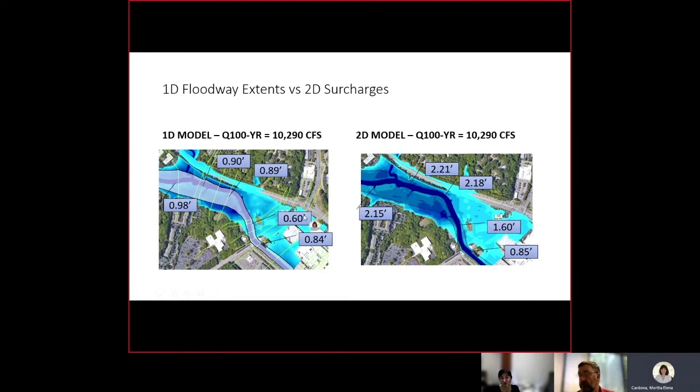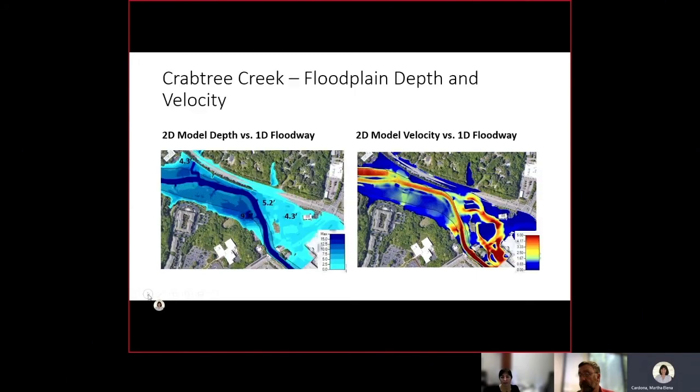So it leaves us thinking, okay, so what's really happening within this reach? Where are the high velocities occurring? How is the 1D model really depicting the hydraulics of it? Is it really capturing the entire picture? So we set out to look at the depths and the velocities of the creek as defined by the 2D model. And here I have highlighted some depths that occurred in various places